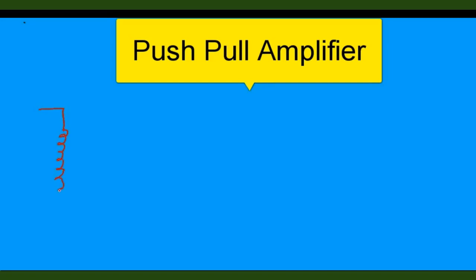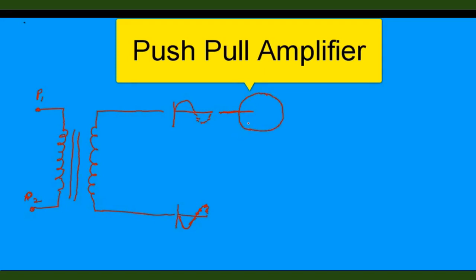Now this is the primary of the transformer, P1, P2. And there is an iron core, the coil is wound over the iron. This one is the secondary. Now, at the end of the secondary, there will be signals which are out of phase, because the secondary of the transformer is a phase splitter, and